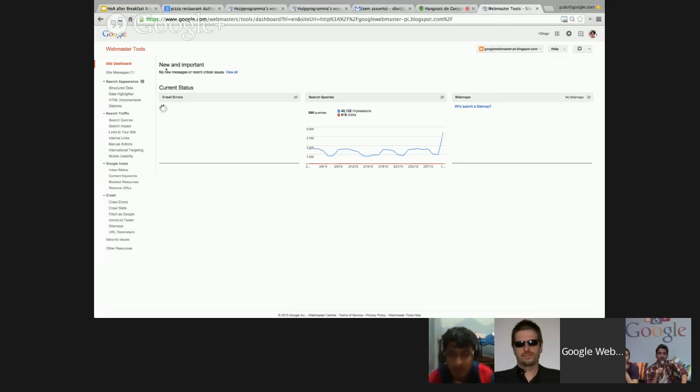But what you can find here is information on whether Google is able to find and understand your website properly. You know that we don't show everything that is on the internet. Google only shows what we can find and what we can then index. This whole finding process is called crawling, and we have some robots that go through the internet and try to find every page of every website, and as soon as we find one page from one website, we see what else is there.